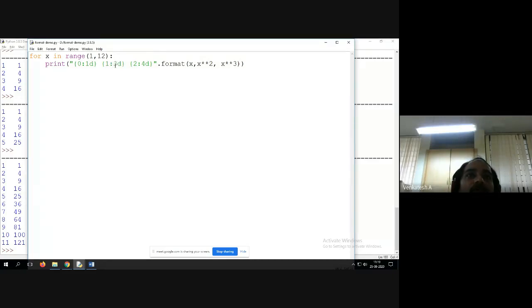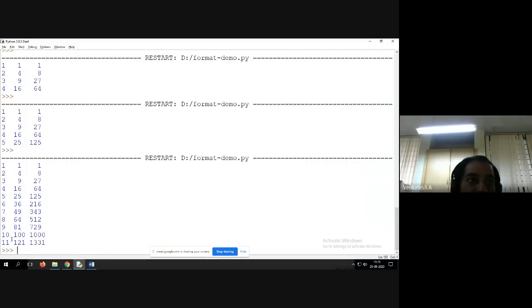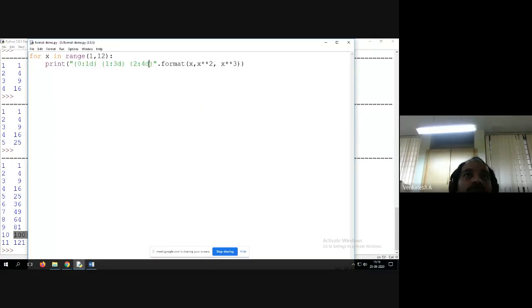For the second column we are taking 3 digits, and for the fourth column we are taking 4 digits. Why? Because in each iteration we are going to display a higher number, so it may take more positions. That's why we are giving 4D.